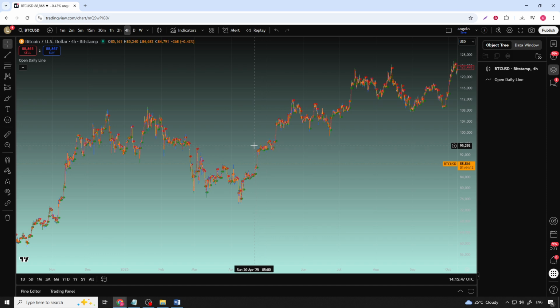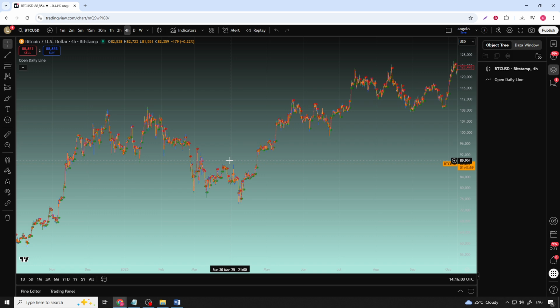Now take a look at your chart. You should see a horizontal line plotted at the current day's opening price. Depending on the exact version you choose, it might change color, extend across the entire day, or include labels. If you want to customize how it looks, hover over the indicator name in the chart's indicator list at the top. Click on the settings icon and adjust the color, style, and thickness so it stands out clearly against your